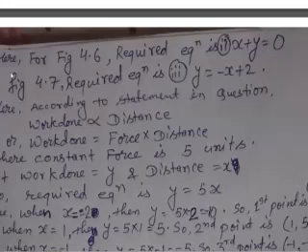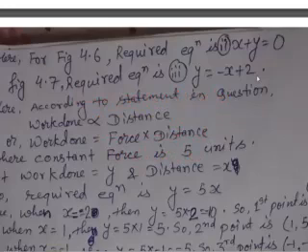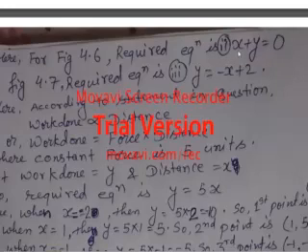Okay, so if you see here, for figure 4.6 the required equation is x plus y is equal to 0, as I had said. And then for figure 4.7 the required equation is y is equal to minus x plus 2. This can all be done only by inspection. You have to inspect, or you can even put in the values and inspect for all the values which equation is correct, and that will become the answer. If you can do it in your mind, you can do it in your mind. If you can't, then you can simply calculate by putting in all the values.